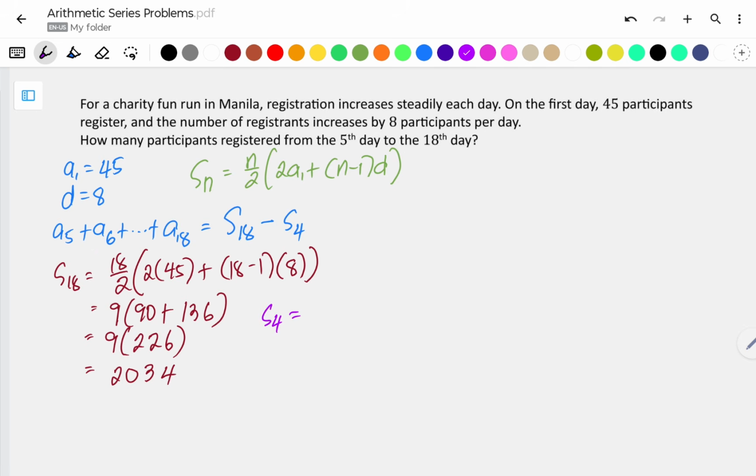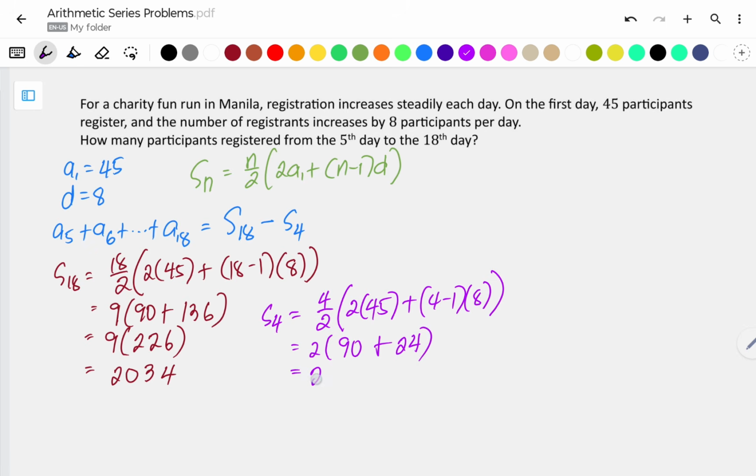Next is S sub 4. S sub 4 is 4 over 2 times 2a sub 1, 45, plus 4 minus 1 times the common difference, which is 8. So this is 2 times 90 plus 3 times 8, which is 24. 90 plus 24 is 114. 2 times 114 is